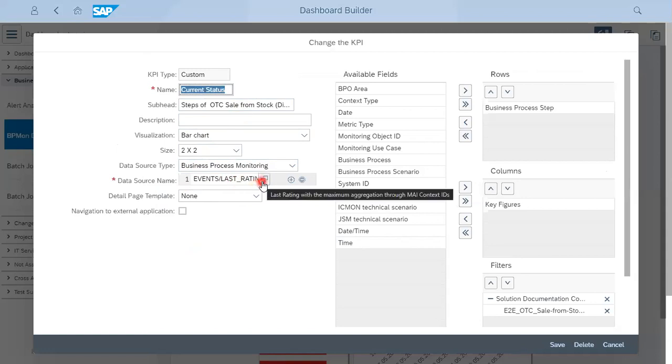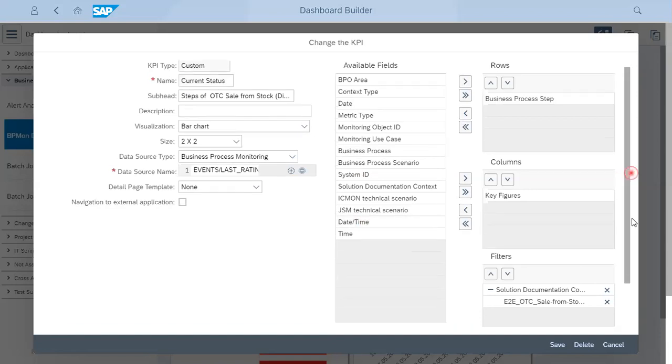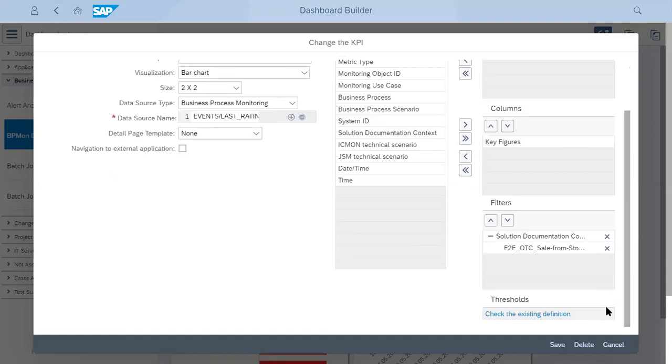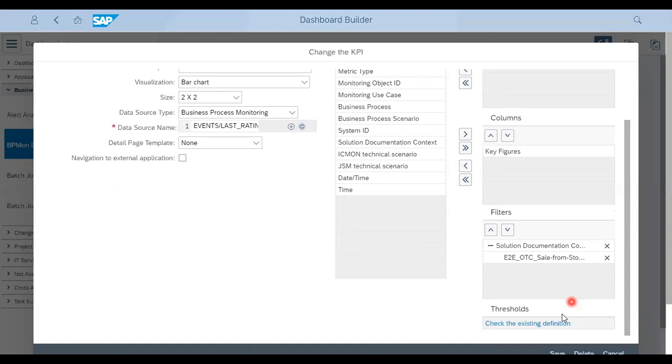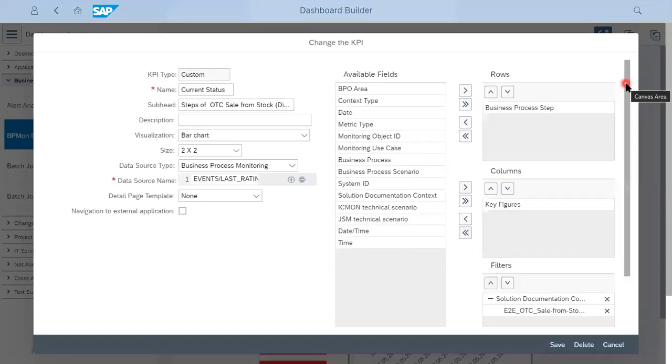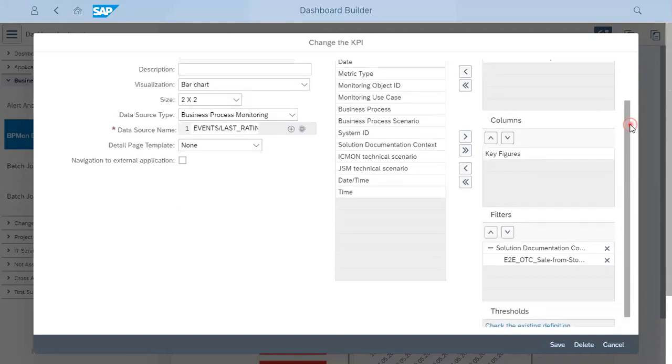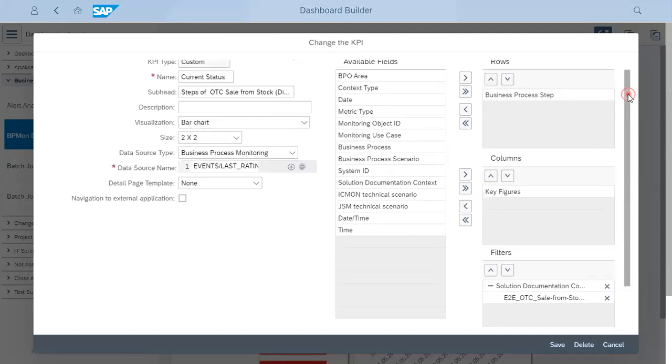If you press F4, you will get many options based on what you want to see. You have to click that, and based on that you will get these options. In that you have to filter rows, columns and filters, what you want to show in the main view, and how you like to see the dashboard. This is available in the configuration of the dashboard builder. Once you set your parameters and how you like to see the dashboard, then you just have to click on save.